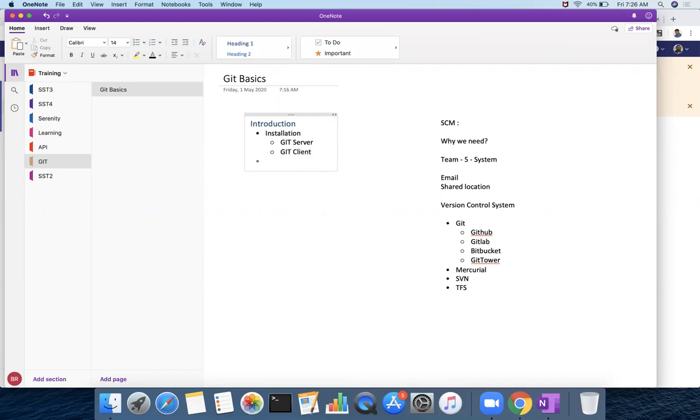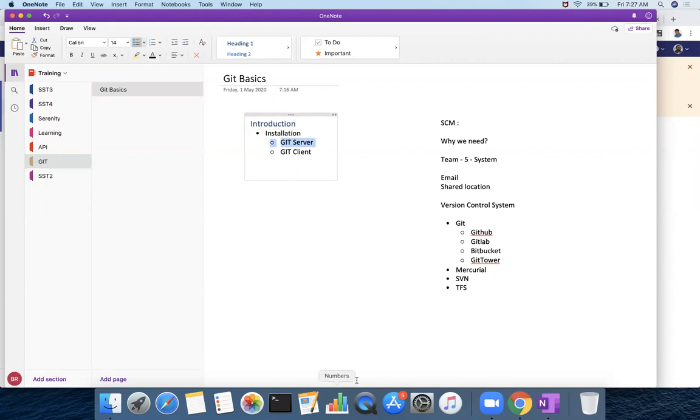The Git server is where the code, repositories, or your projects are maintained. The client is to access that server. You should have a client in your system, which is called a Git client. If you want to install a Git server on your own, certain packages are available for you to install it.